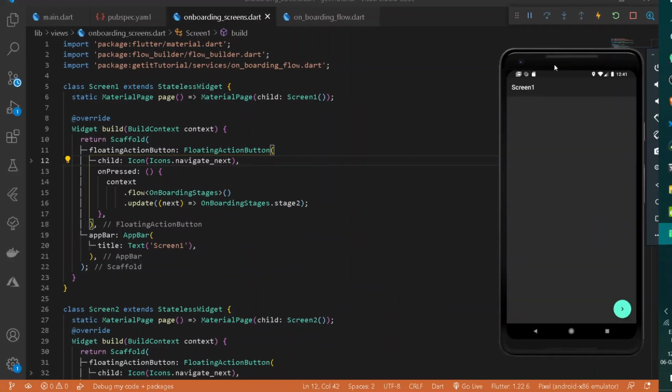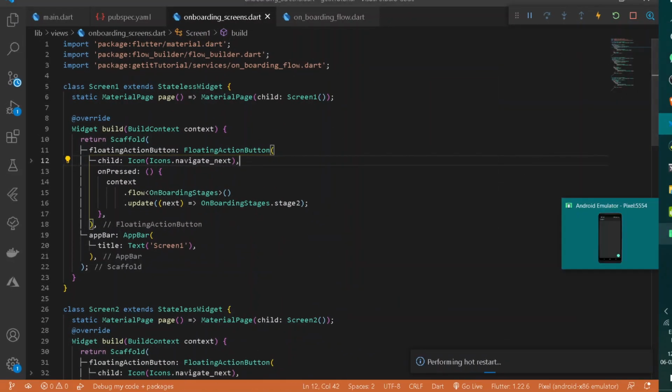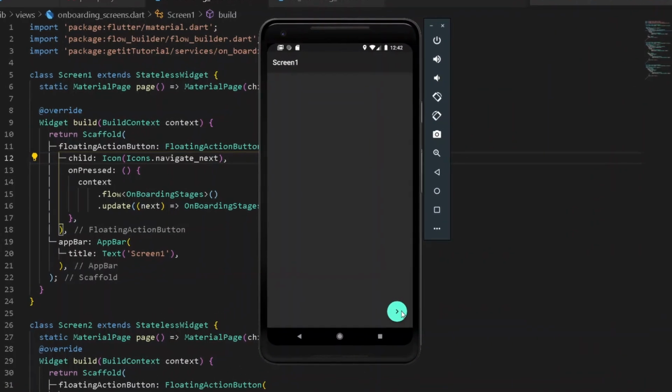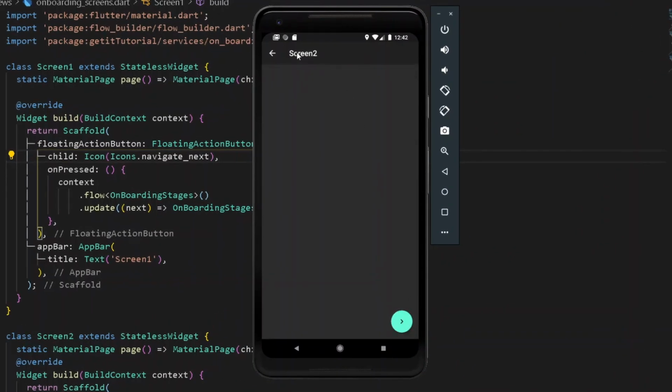So now let's try it out. We have our entire material button here, but reload our entire application once. And now let's check it out. On pressing this button, we are navigated to our screen 2, and after pressing this button, we are navigated back. But here on pressing this, we are at screen 2, and after pressing this, we are at screen 3. But now here's a speciality of flow builder: after pressing over our physical Android back button, we are navigated back. That is, the property of tapping physical buttons is automatically handled by flow builder. So now after pressing back, we are navigated to our screen 1, and here we can simply navigate to our next screen, that is screen 2.